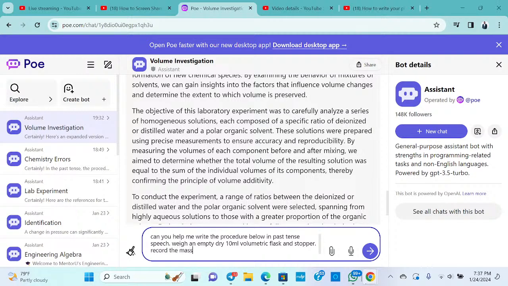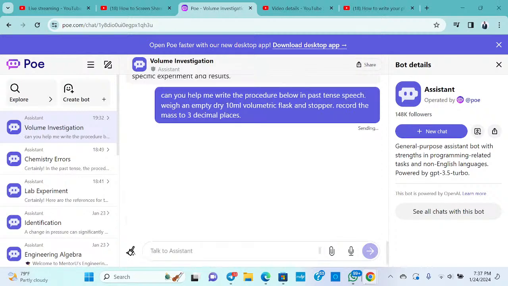the mass to 3 decimal places. Yeah, so I'm not going to type everything. So you would have to type everything, then it will just do it for you. So for example, the ones I've typed, let's see what ChatGPT will give me. Okay,